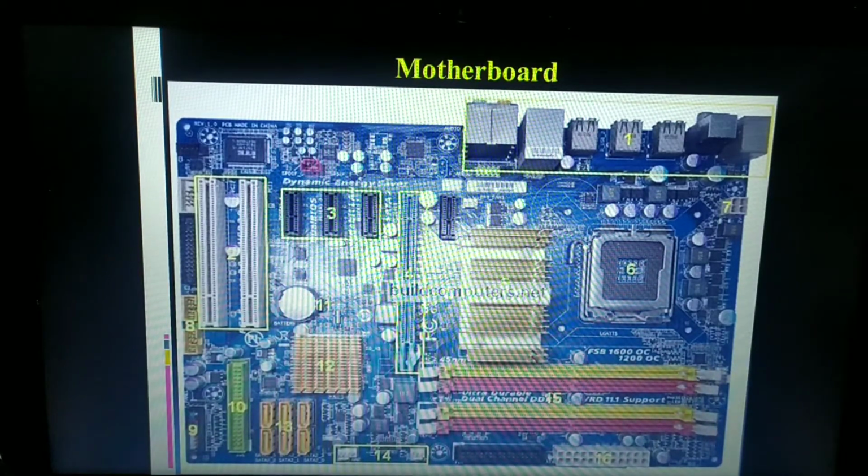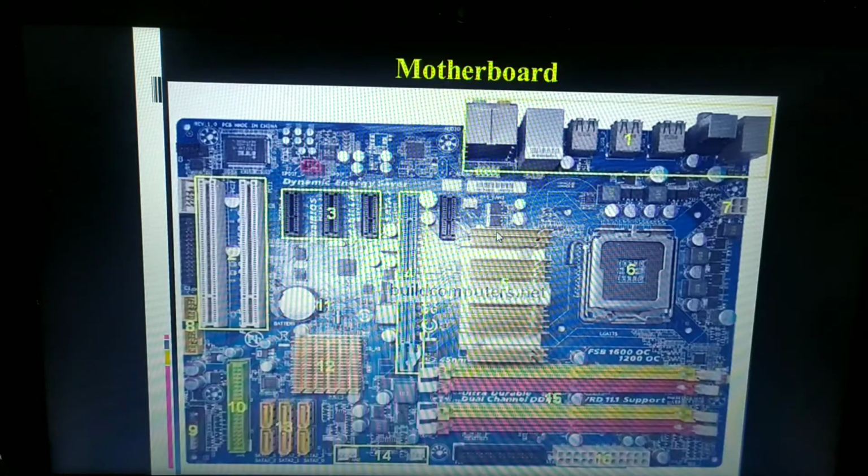The motherboard is a very important part of any computer system because the entire computer is built around it. We can call the motherboard the main circuit board which is placed in a computer. All your input devices, output devices, everything is connected to this motherboard. Without it, we can't have any kind of computational work done in the computer system.